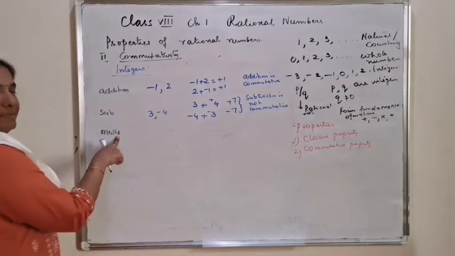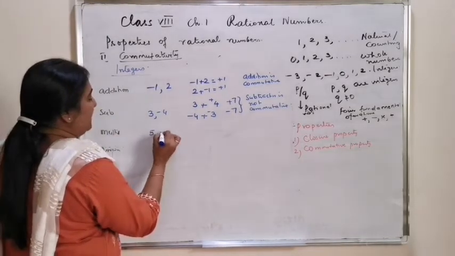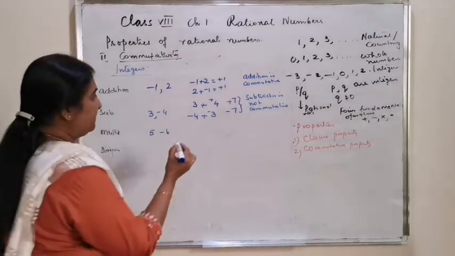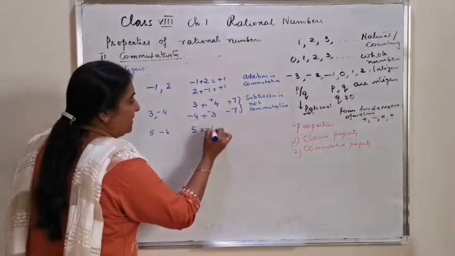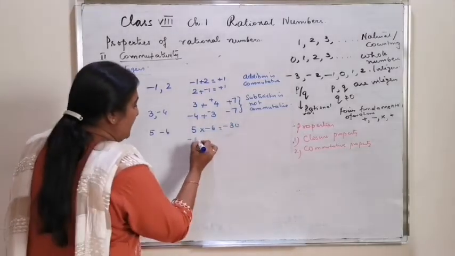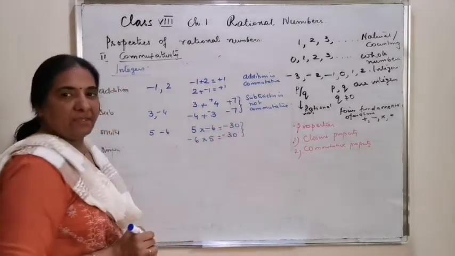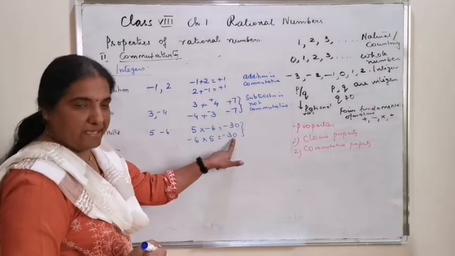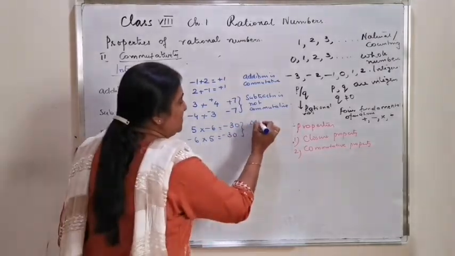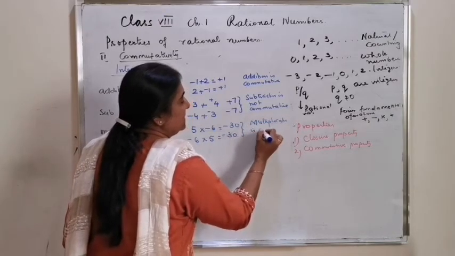The third operation is multiplication, with the integers 5 and -6. 5 into -6 is -30, and -6 into 5 is also -30. Since the answers are the same, multiplication is commutative